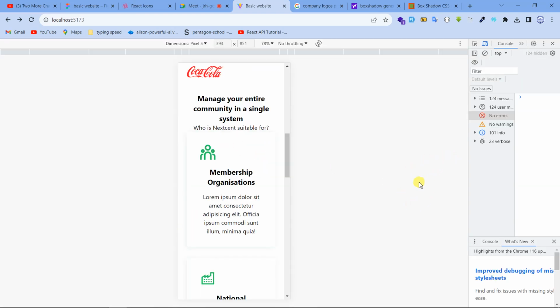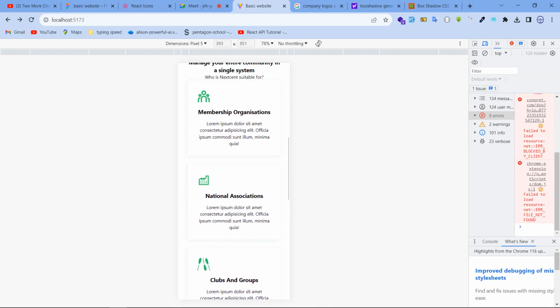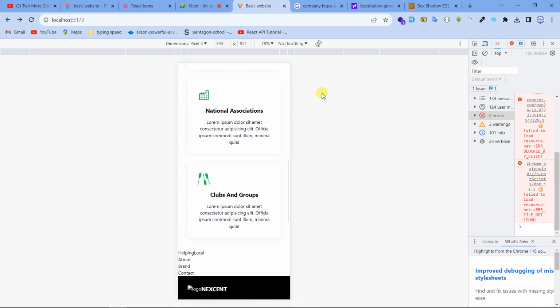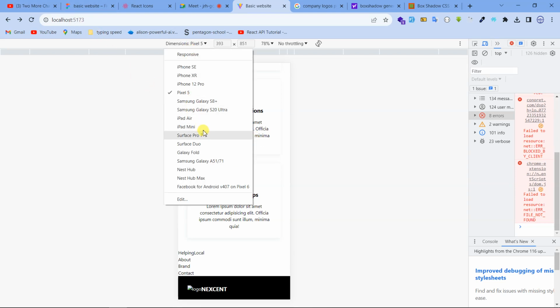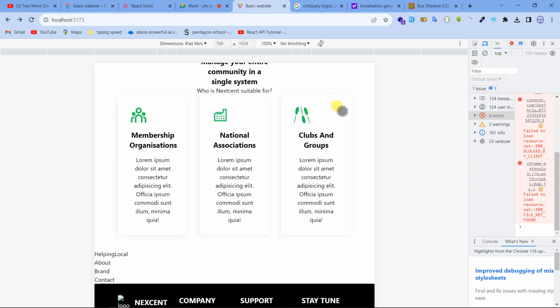very good. If you are on the mobile phone, everything is working perfect. Okay, very nice, well organized. Then if you go to iPad, you see it's working good. Let's make it 100 here. It's good. But we need to see and add the space on top so that we don't have